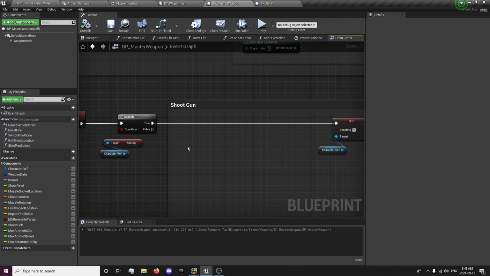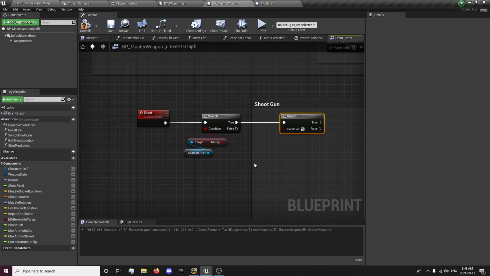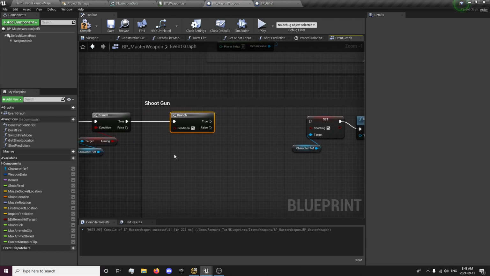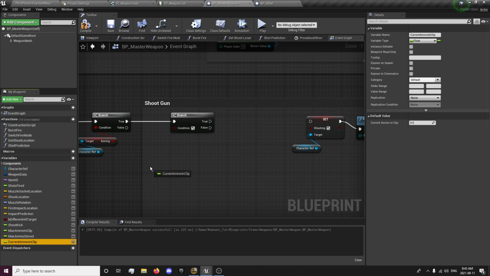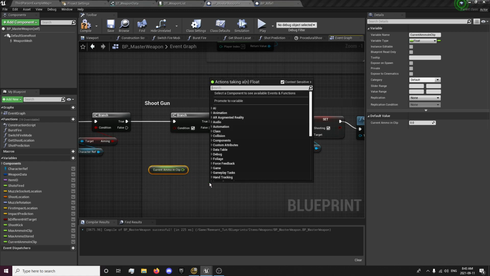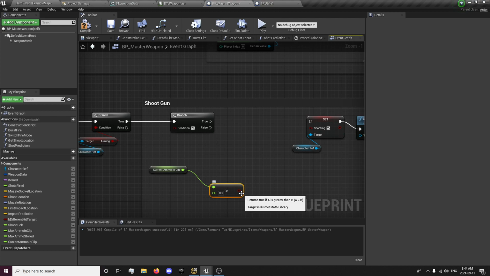So we're aiming. We're going to create another branch. And if we are aiming, then, debating on where I'm going to put this. Yeah, put this here. So if we are aiming, then we'll get our current ammo in clip and check if it's greater than 0. So if we have any bullets and we're aiming,